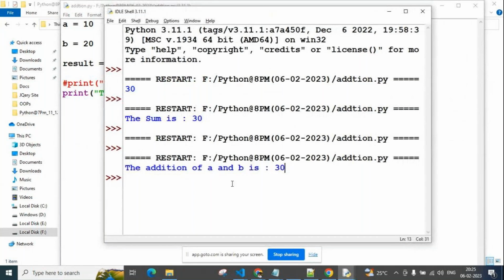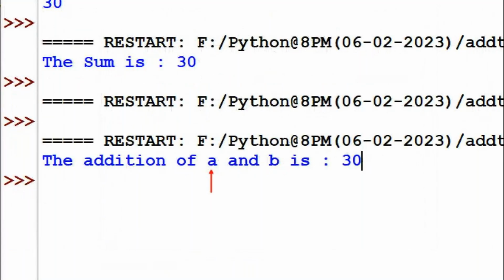So A is what, B is what, I want to display here. A is 10 here, and B is 20, which I took in my program. So the addition of 10 and 20 is 30. If we display it like that, that is better. Am I right? The addition of 10 and 20 is 30.